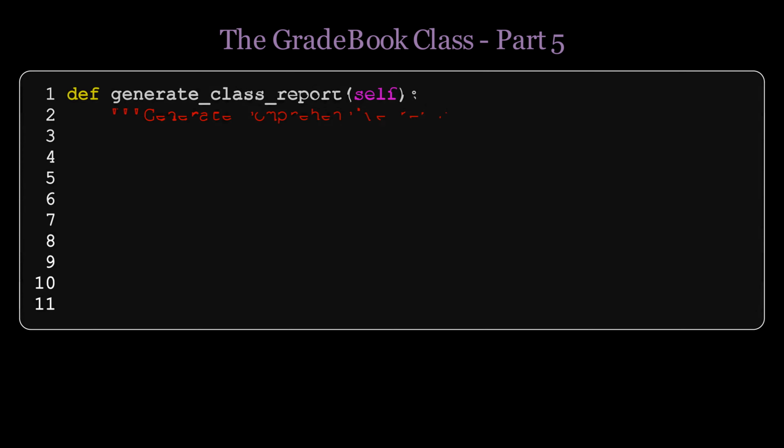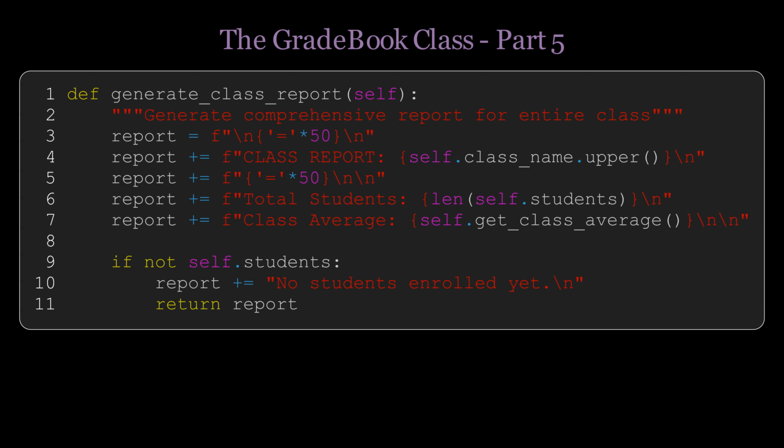Finally, let's create a comprehensive class report that displays all students and overall statistics. This will be the centerpiece method that showcases all the data in a beautiful format. The generate class report method starts by creating a header with the class name in uppercase. We add basic statistics, total number of students using len, and the overall class average using our get class average